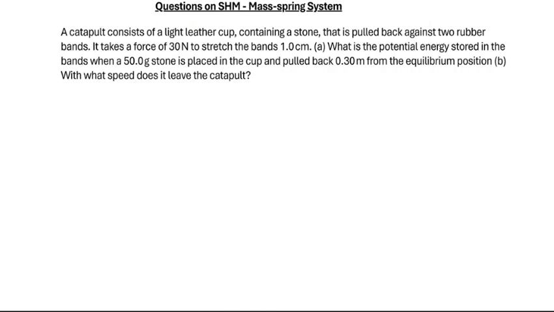Okay, this is the next question. They said the catapult consists of a light leather cup containing a stone which is pulled back against two rubber bands. It takes a force of this to stretch the rubber band like this. What is the potential energy stored in the band when a 50 gram stone is placed in the cup and pulled back to this